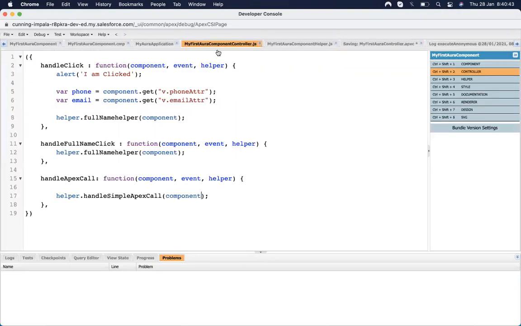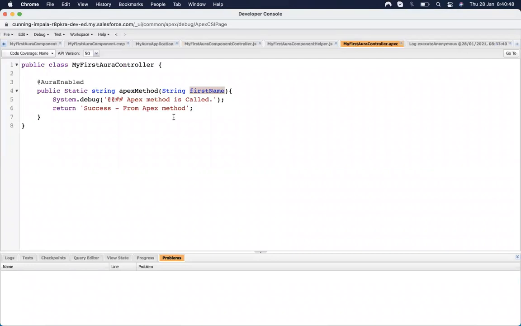And in order to pass a value to this component, let's return a message: you have entered, plus whatever the value is. I'm just returning that value.